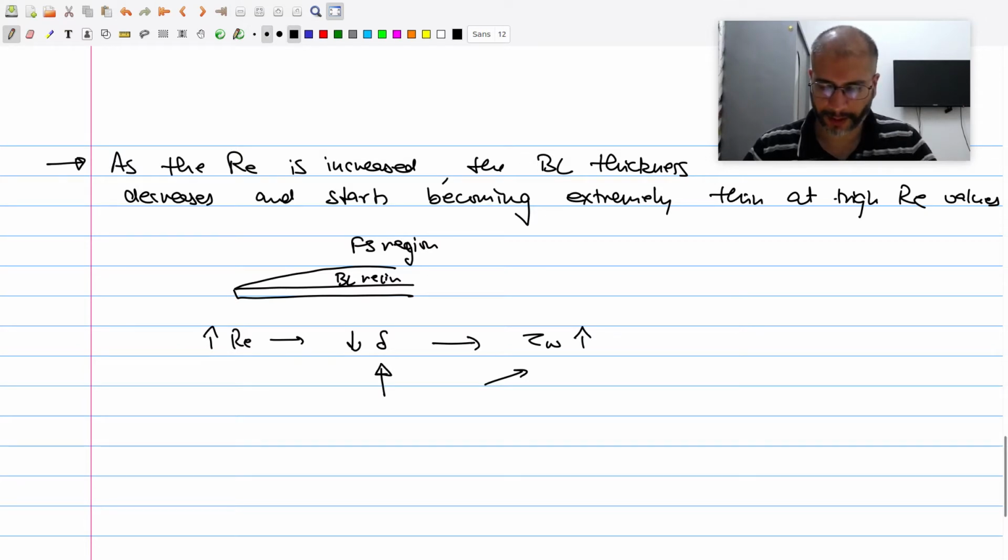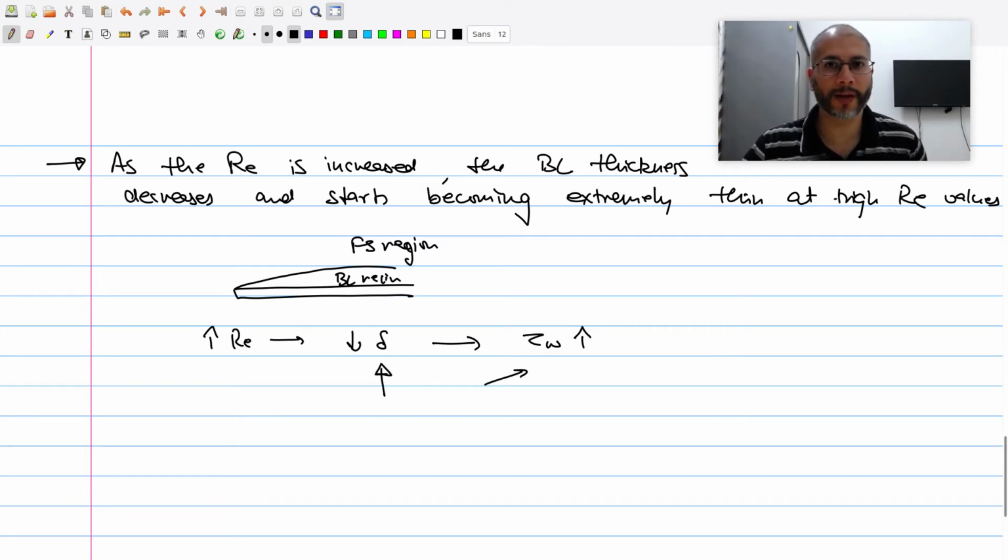In fact, the other reason is that, as I said, there's a flow analysis technique where you split the flow into two parts: the viscous flow region, the boundary layer region, and the region outside the boundary layer, that is the free stream region. So one has to figure out what part of the flow regime is in the viscous flow region. For that you have to figure out the boundary layer thickness. So figuring out delta is also an important part of the problem.